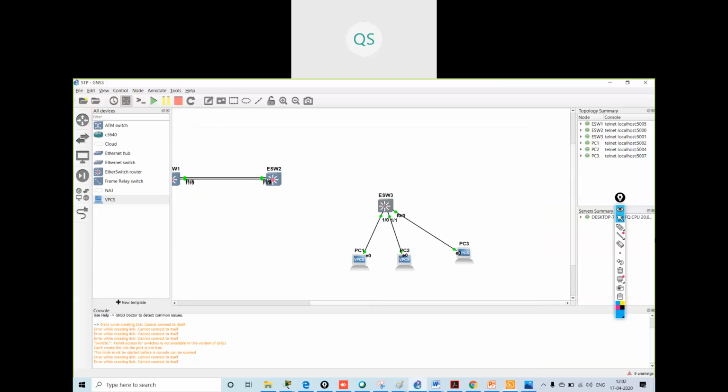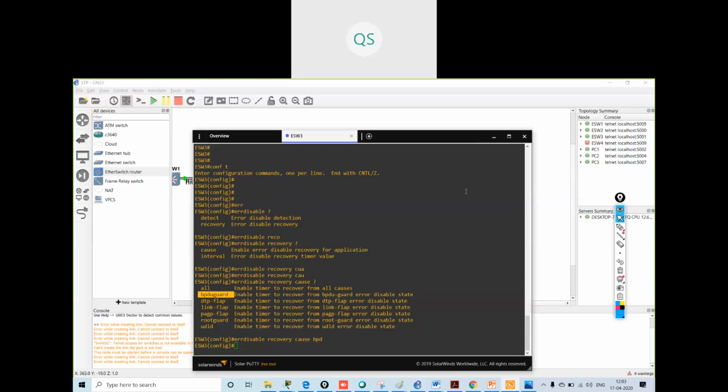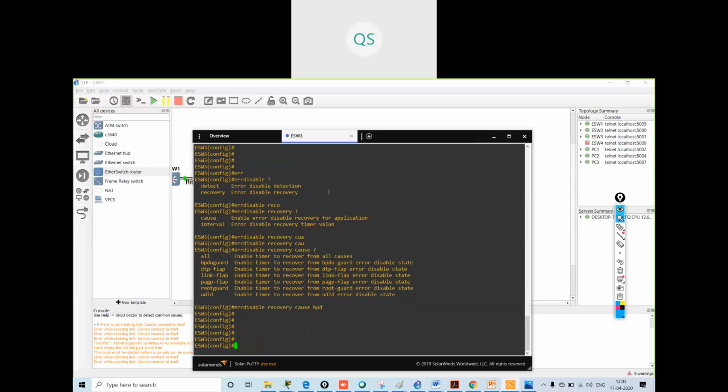I will connect an Ethernet switch over here. First I will configure all the ports as PortFast.